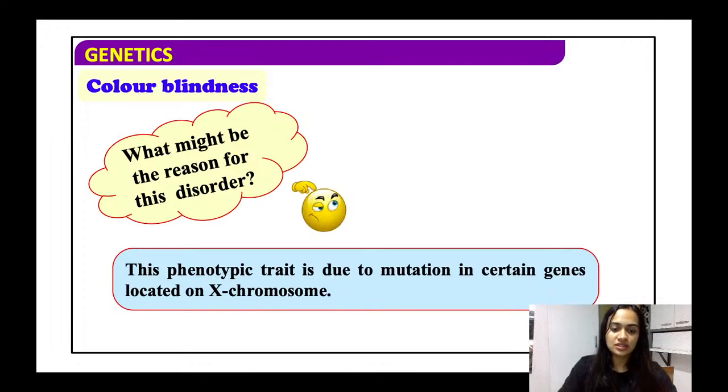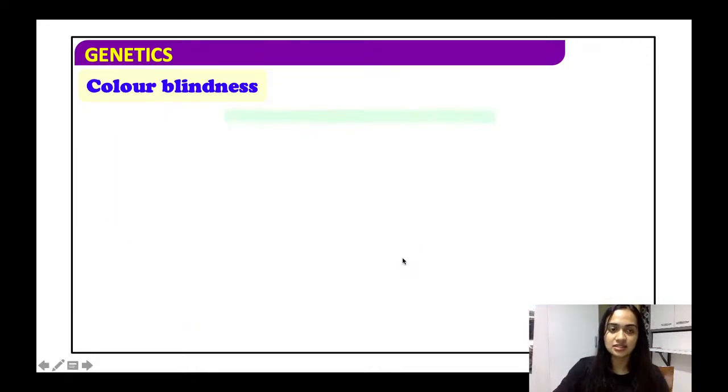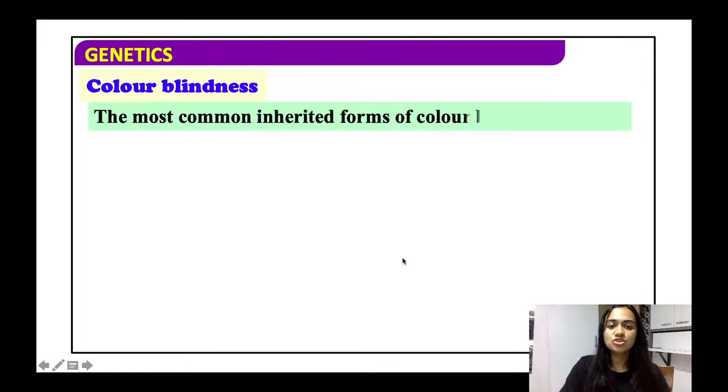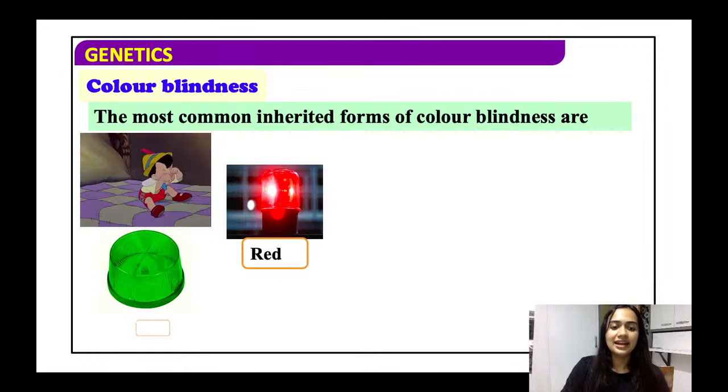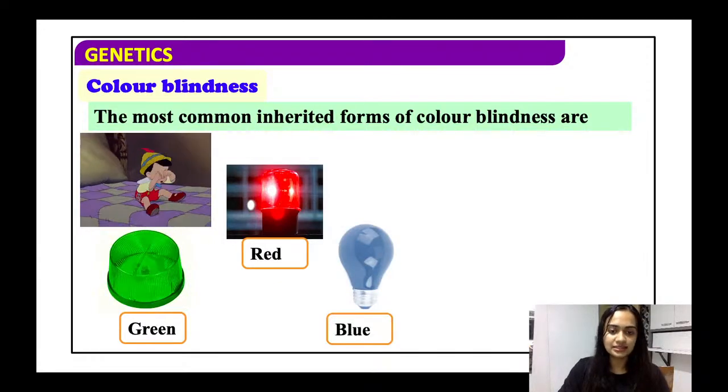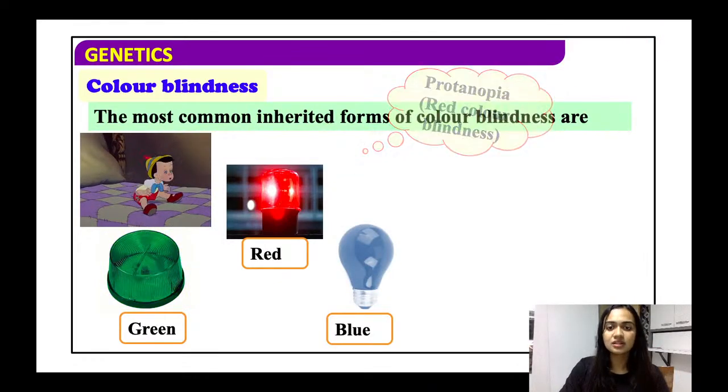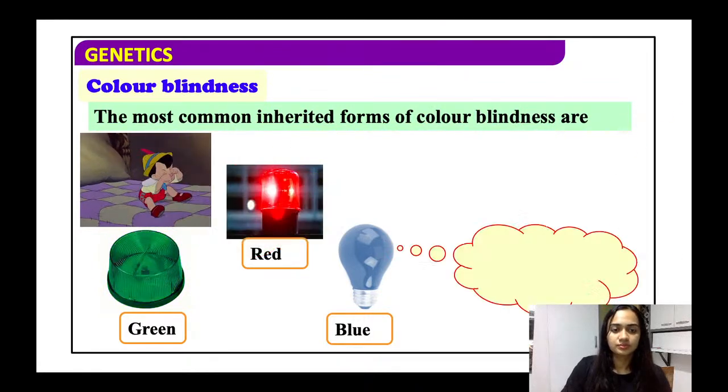This is due to a mutation in a certain gene located on the X chromosome. Mutation of a gene located in the X chromosome. The most common inherited forms of color blindness are red-green color blindness. All right. Now,